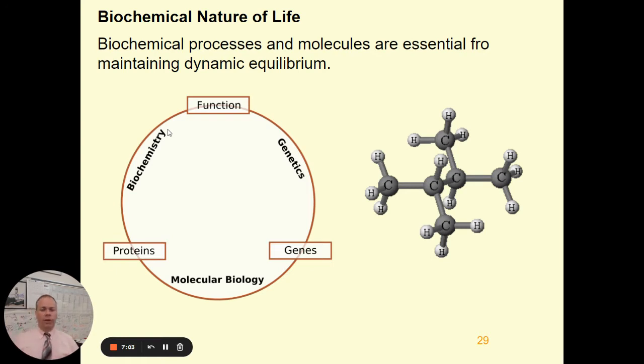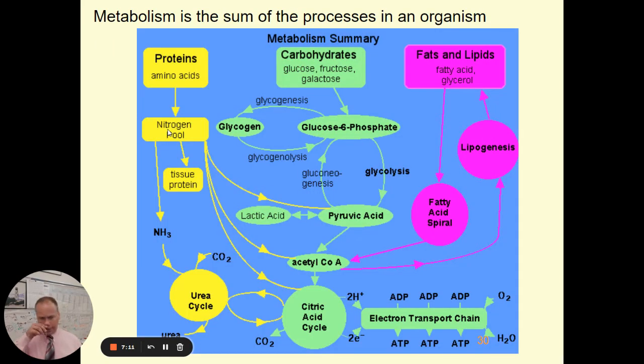So living things require a variety of molecules. And we're going to talk a little bit about what we call biochemistry, about those molecules and what they do. And these molecules are needed for the metabolism of the organism. Metabolism is sort of the overall chemical reactions that take place within an organism. You don't have to worry about this slide very much, but you should know that the main